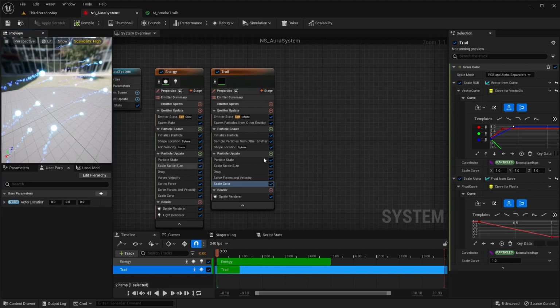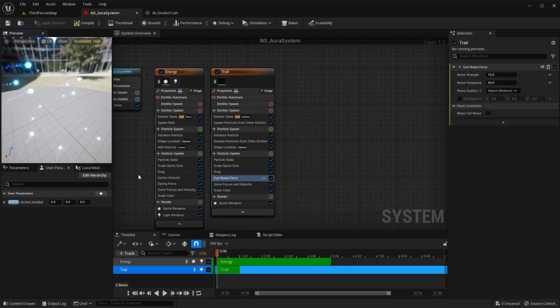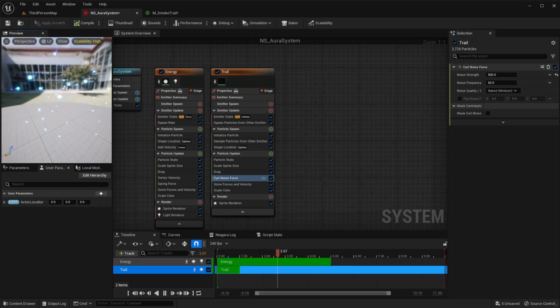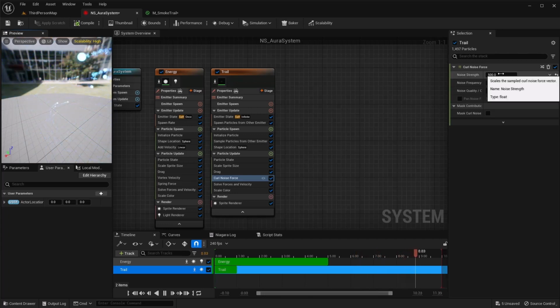Another thing that you can always do is add a curl noise and then kind of play with that. If we jump that up, you start to see it kind of whipping around a little bit more. So you can always do something like that.